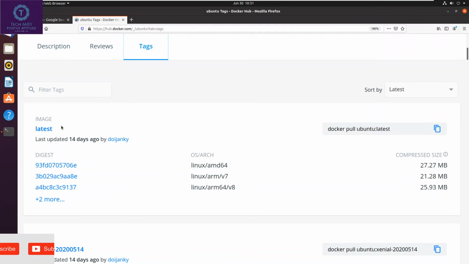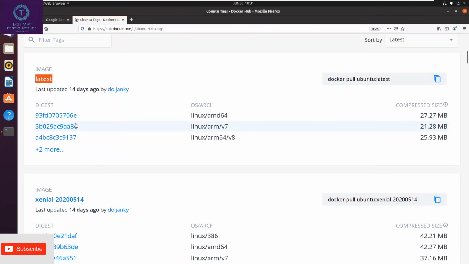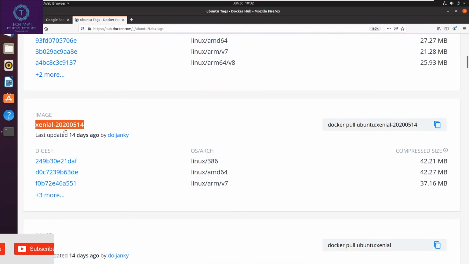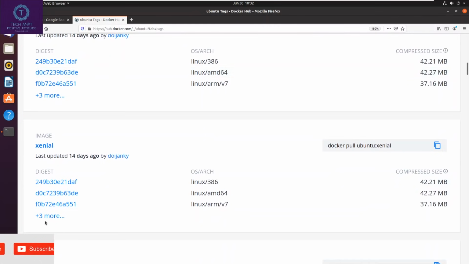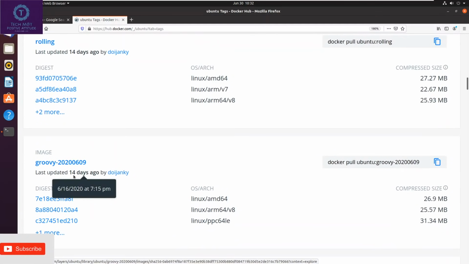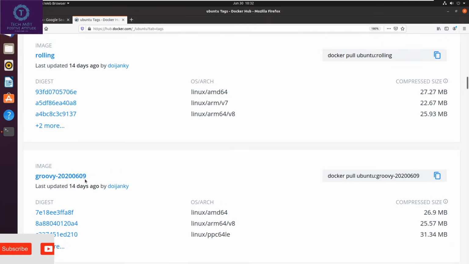As you can see, latest is a tag, a name given to an image. This is another tag, Xenial 20200514. This is Xenial, rolling, Groovy, and so on.